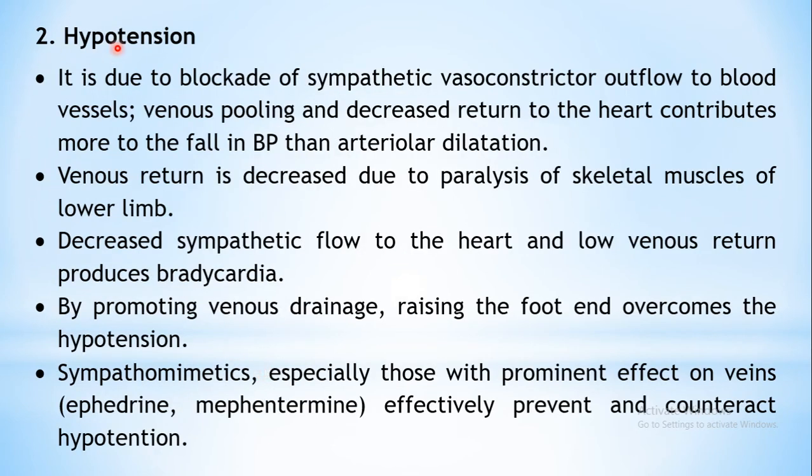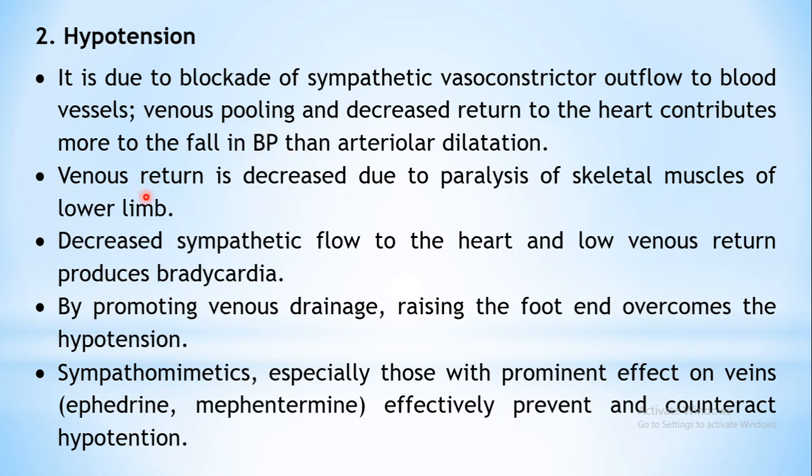Next complication is hypotension. Hypotension we have already seen, it's because of the blockage of sympathetic outflow. It is resulting in vasodilatation. Vasoconstrictor action is abolished, because of which hypotension can be precipitated. Another reason is venous pooling of the blood. That is, the venous return, the blood coming back to your heart, will be reduced. Because the blood coming back to the heart is reduced, it will again result in reduced cardiac output, so a fall in BP will be produced.